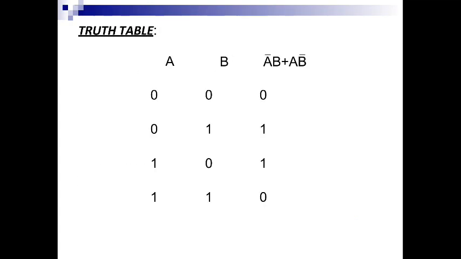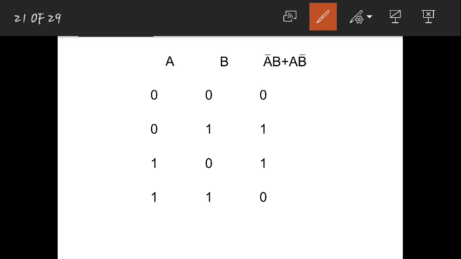What happens in this truth table is, for XNOR I am talking about, this was for XOR. So for XNOR, whenever I give 0 and 0, the answer will be 1. Whenever the inputs are different, the result will be 0. This is the only difference. Opposite of XOR is XNOR.